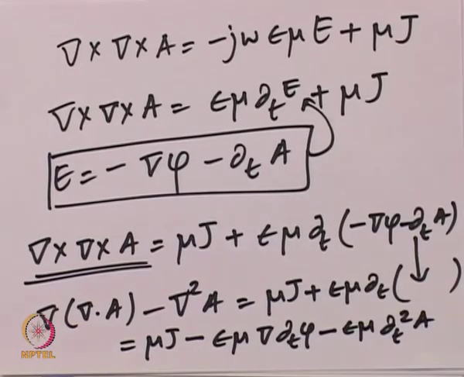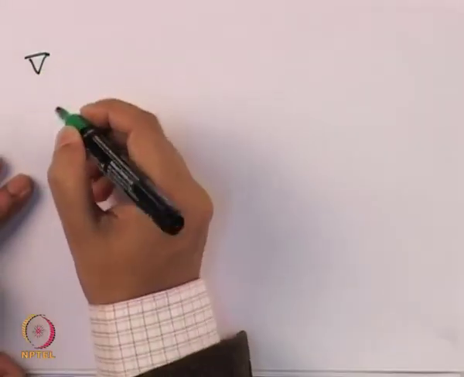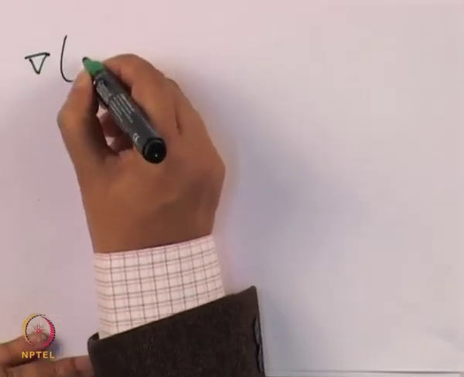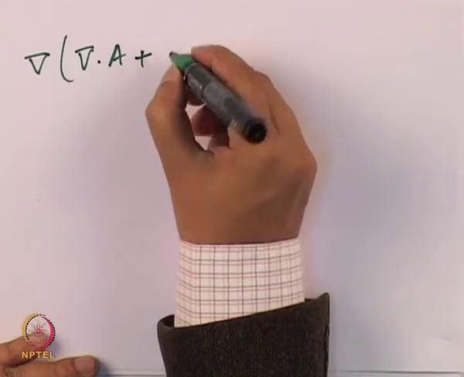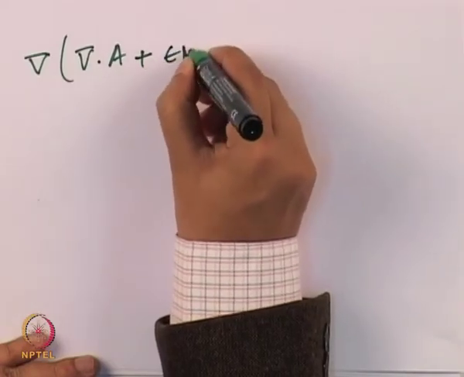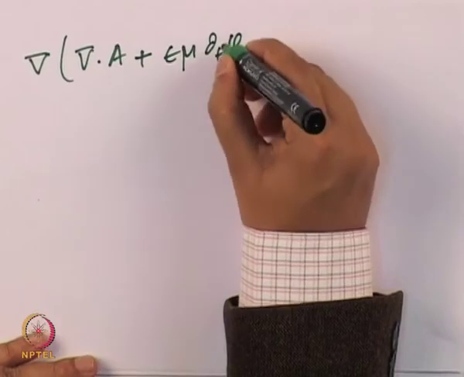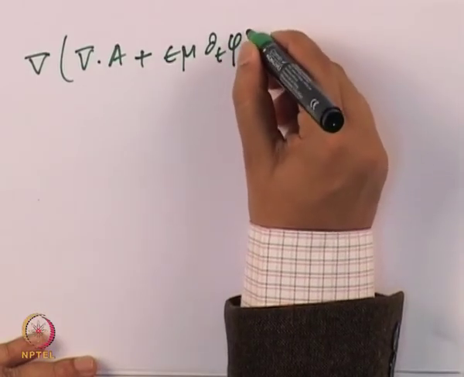So you can notice we have two terms. We have one term, the gradient of the divergence of A on the left hand side, and we have the gradient of the time derivative on the right hand side. So we are going to bring them to one side and then rearrange the equation as follows. So what we have now is the gradient term, divergence of A on one side, plus epsilon mu dt, the time derivative of the electric scalar potential,